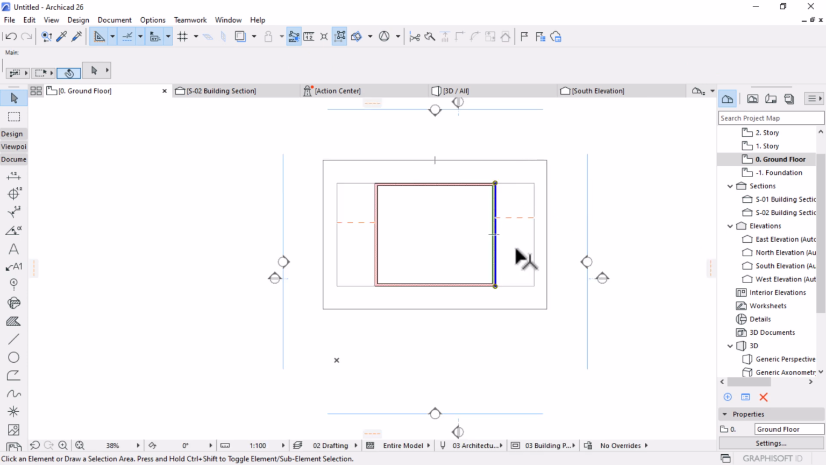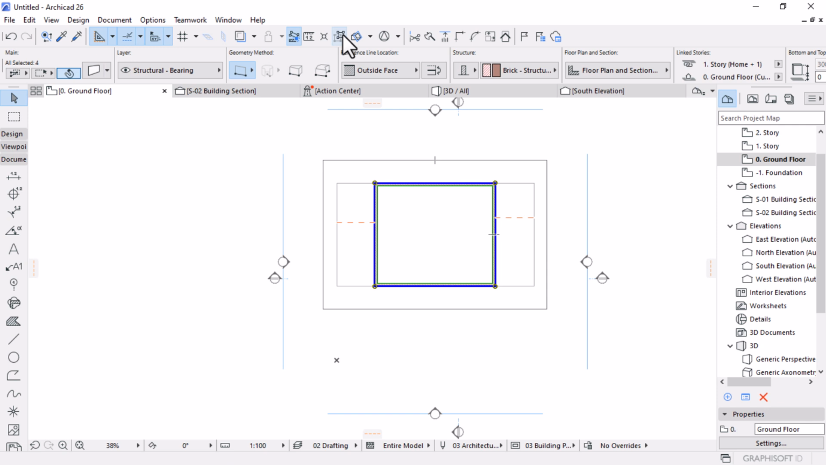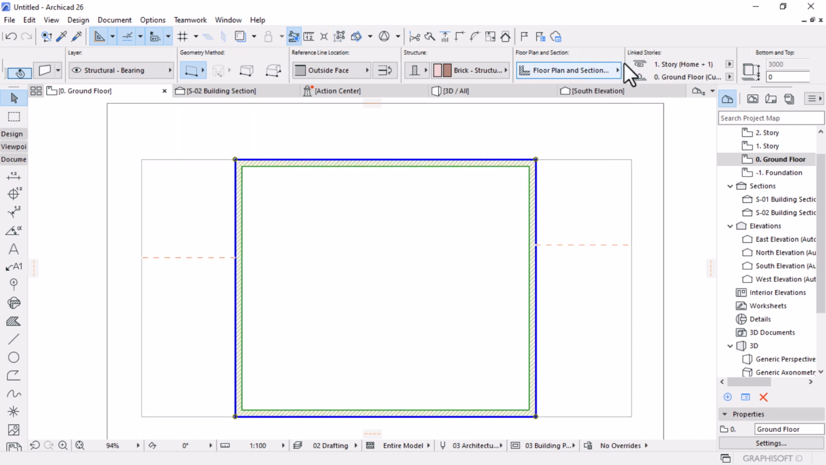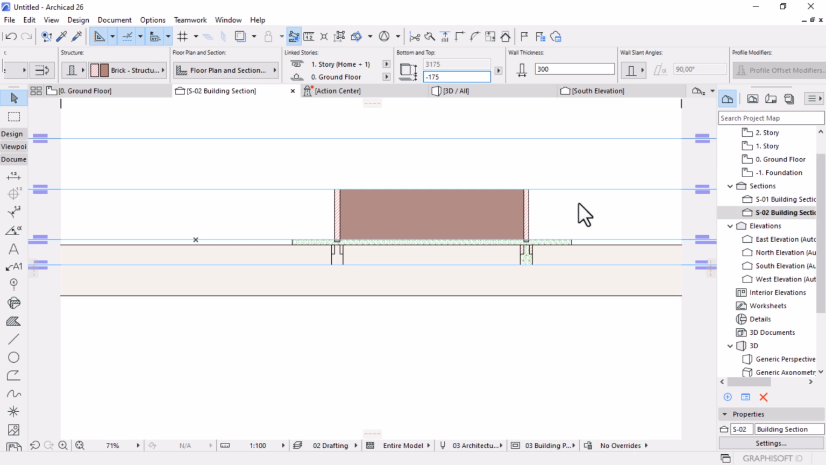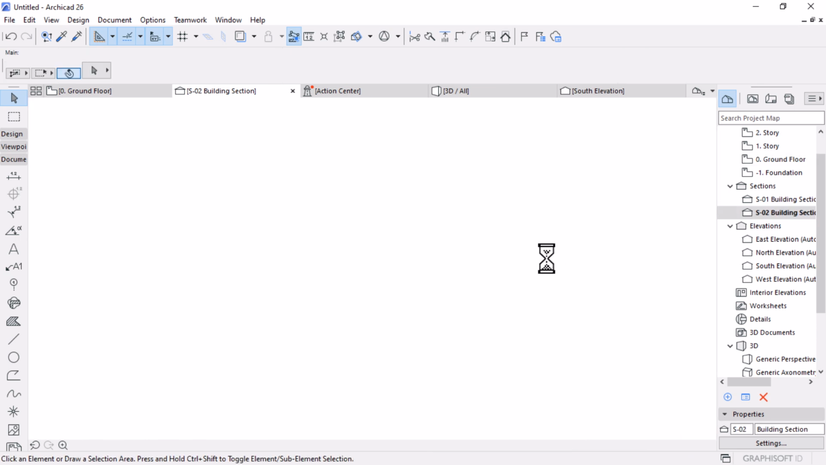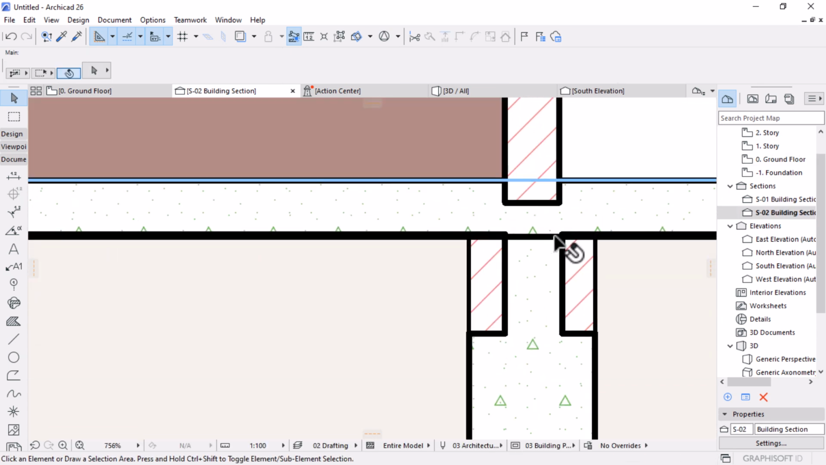Select all the walls and then activate the suspend group. I'll scroll in the info box here and then make sure it's going to be negative 175. They're going to sit from negative 175. So if you check on 3D, I mean on section, it will address that situation there. So now you have this. Okay,